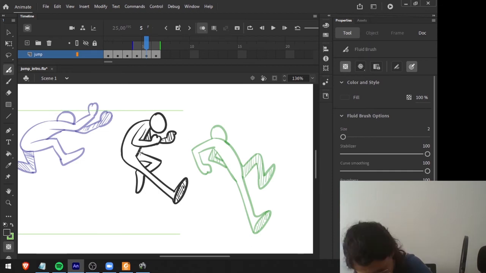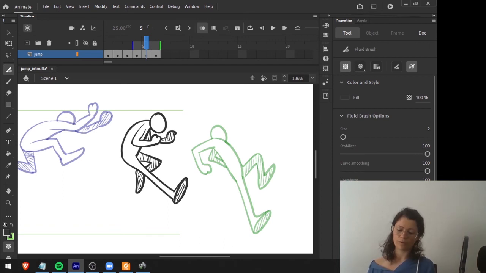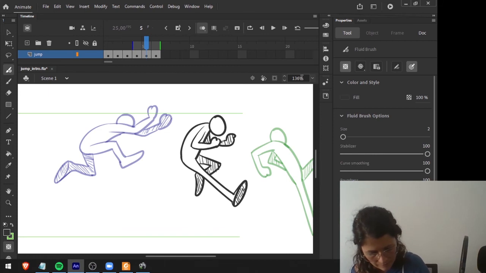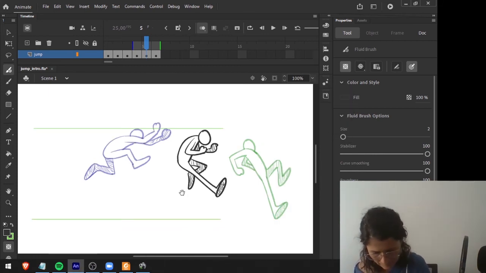And here again, I'm bringing further the opposite arm. So if my right leg is the one that is coming further, my left arm is also coming further. Okay, so let's see how it looks.